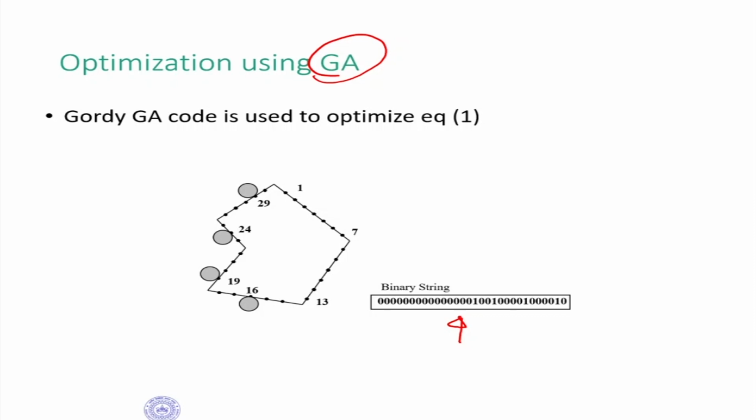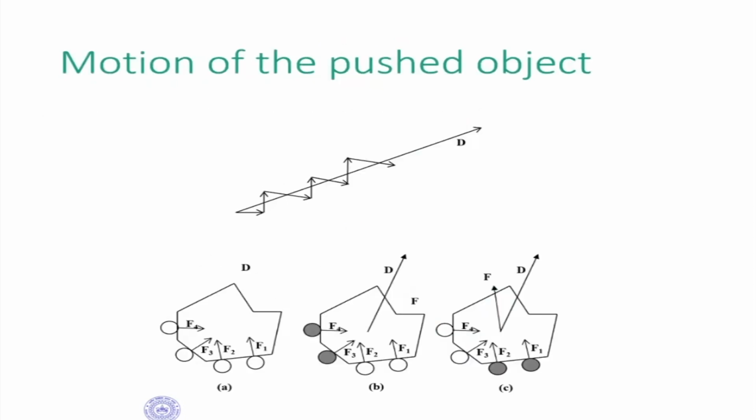In this particular case there are 4 robots which are sitting in these positions, and we're going to push in such a way that the resultant of the object is in the desired direction. So 2 of them will push, then another 2 will push, and the resultant of this is going to be in a particular direction. For example, this. We are seeing that it moves like this, like this, like this. First maybe this will push, then maybe this and this will push. It will continue that way, and then finally it is going to go in the resultant direction.